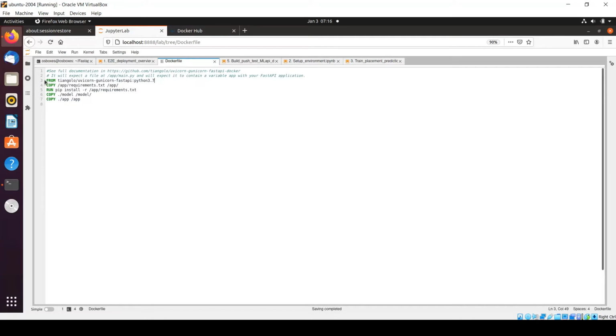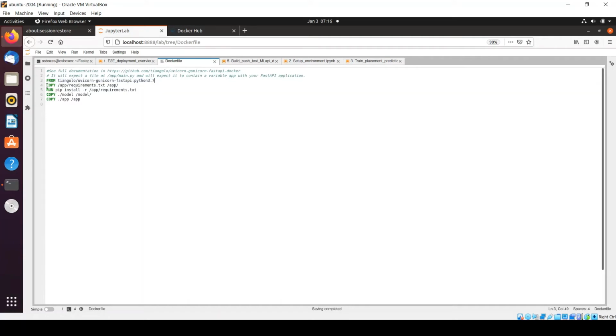And each statement has some meaning with respect to how my application would be running within the Docker environment. The first statement talks about the base image which this Docker file is using. For running any FastAPI based application, we need to use this base image, which contains all the required details for running any Python based application. So that's the first statement.